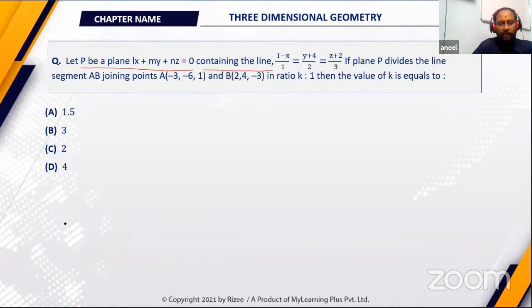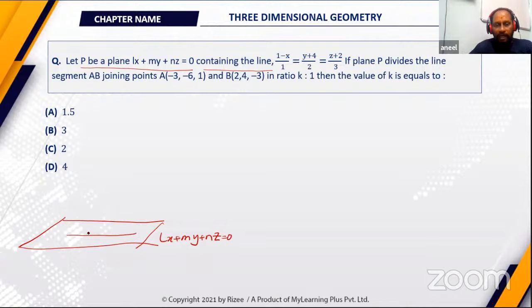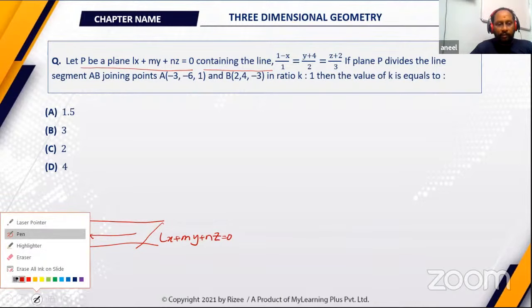So there is a plane. Again, there is a plane. Again, the plane equation is not given to us. Observe, he is not giving the plane equation in both of the things. He says that it contains the line. There is a line here. The line which is passing through the point. What is the point given?